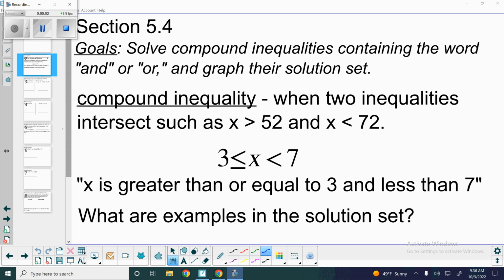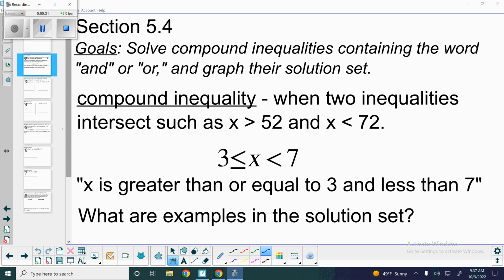Today we're going to be looking at section 5.4, and we're going to be solving what's called a compound inequality, which is essentially putting more restrictions on our inequality other than just sending it off to infinity or negative infinity. So in a compound inequality, there's two different kinds. There's an "and" or an "or" inequality. When two inequalities intersect, that's a compound inequality, and essentially that makes the x value kind of cut off between